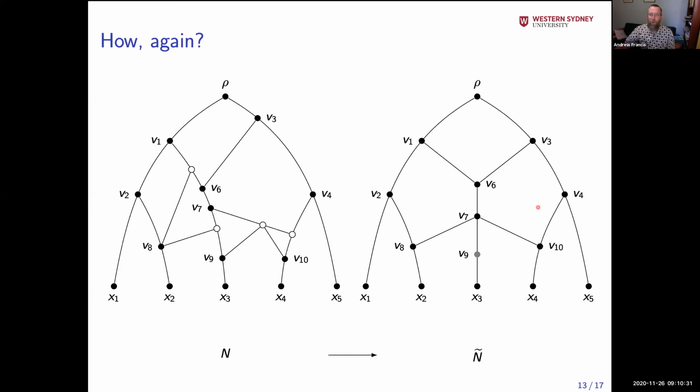So this is the first step. You've got the visible vertices. That's the Hasse diagram of those vertices under the order defined by this path relation. And then you throw away the degree 2 vertex. And that's the normalization of that network. So that's attempting to capture the key information in that previous network.